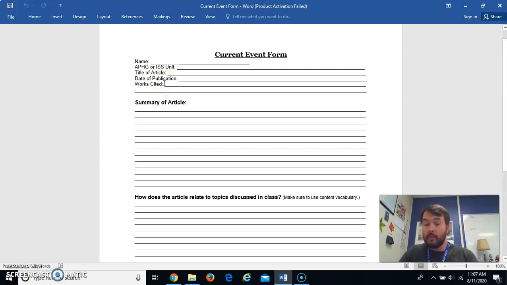If it's an online source, all I need is the full URL. So the link that you see at the top of every website that you visit. Notice it's not just the name of a site. It's the whole URL or link. So if it's CNN, don't just put CNN. CNN has thousands of articles. I want to be able to access the specific one that you read. So you would put